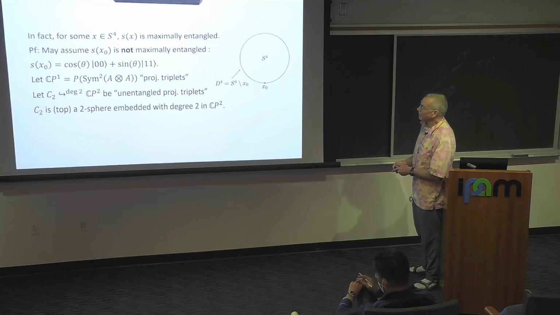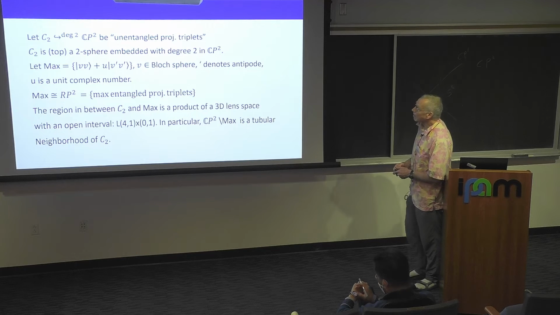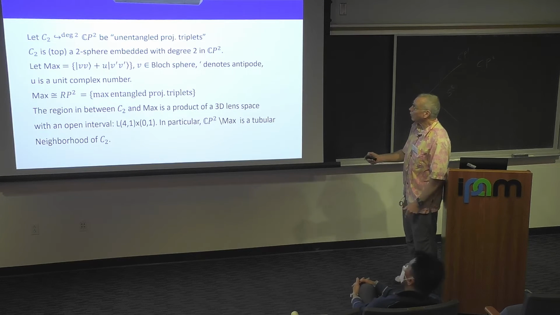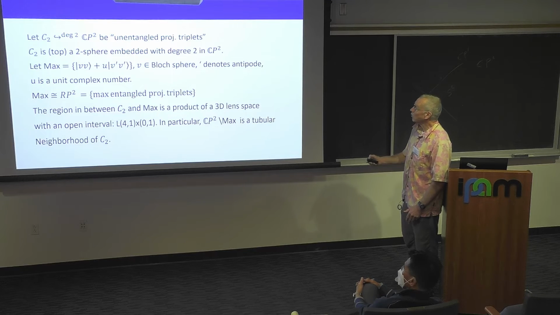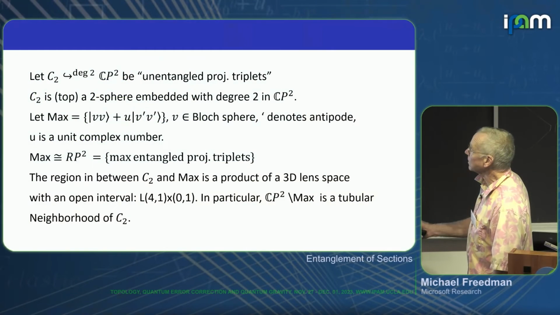And remember, that's the unentangled, or the rank 1 vectors. And now in addition to the unentangled vectors, we want to understand the opposite extreme, the maximally entangled vectors. These are the ones that have maximal entanglement entropy, and they can be expressed as a general vector in the Bloch sphere,